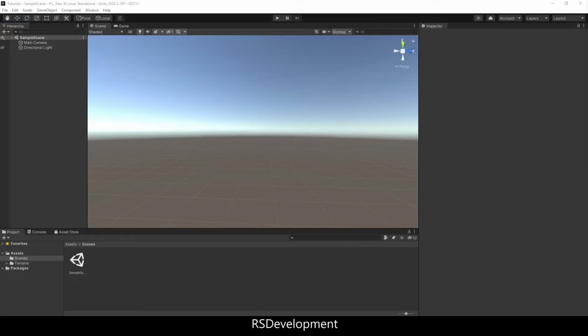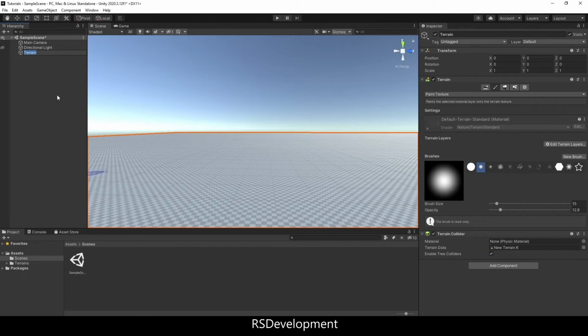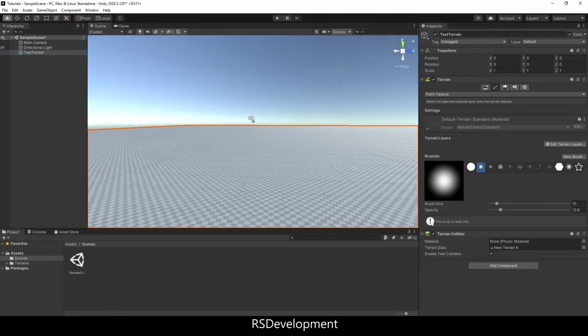The goal of this video is to make a dirt or ground texture in Blender and then import that into Unity so that it can be used either on a terrain or just on a plane. So to start out in Unity, I'm going to right click in the hierarchy and just add a terrain. You can also just add a plane if you want, since they're both going to be completely flat in this